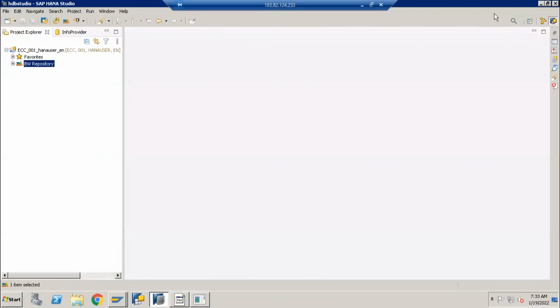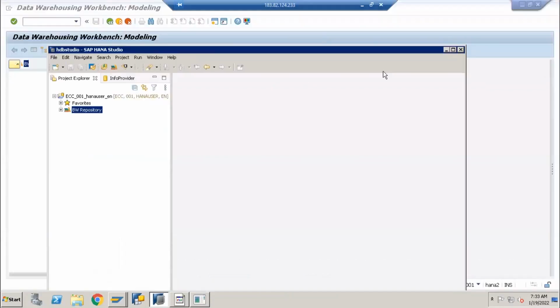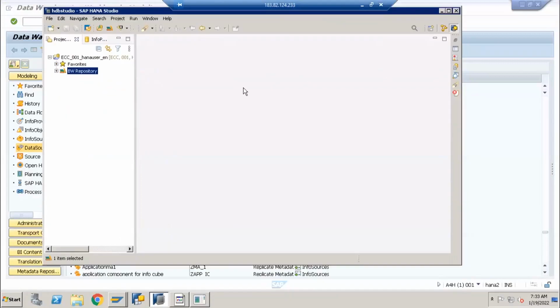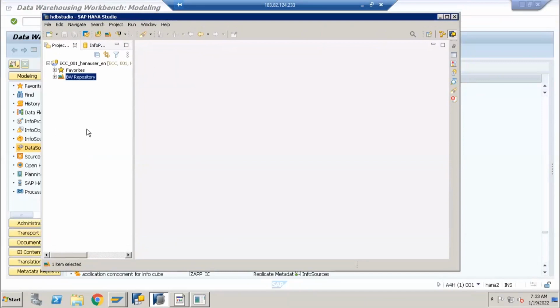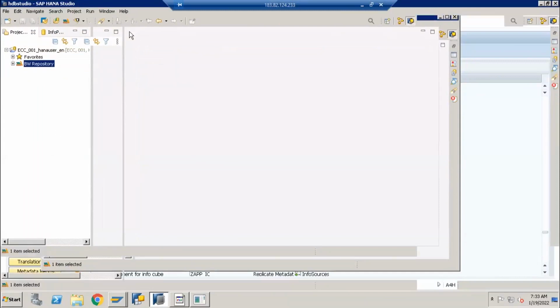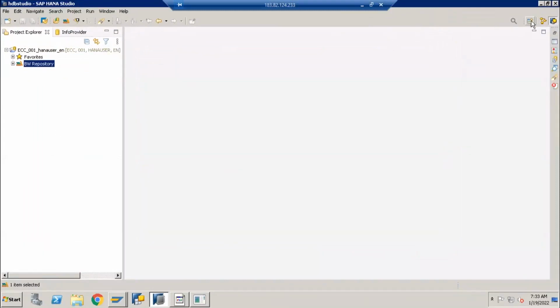Okay. So let me give a small introduction on the HANA Studio, then I will continue with the rest of the things. In the HANA Studio or Eclipse, you can use either one for BW modeling on the latest versions. In the HANA Studio, we call it a perspective. In order to work on HANA modeling or BW on HANA things, we need to go to the respective perspective. What is a perspective? You see on the right hand side top corner, there is one symbol here. When I click on this plus symbol, it says open perspective.